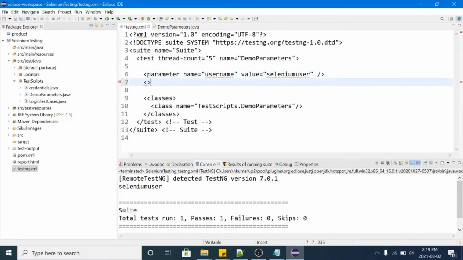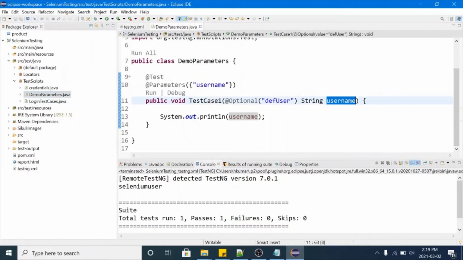We will add another parameter tag here, name is equal to browser, and value is equal to Chrome. In this way we will go to the script again. We already have one parameter here, and if we want to pass multiple parameters, we just pass them with a comma separator.